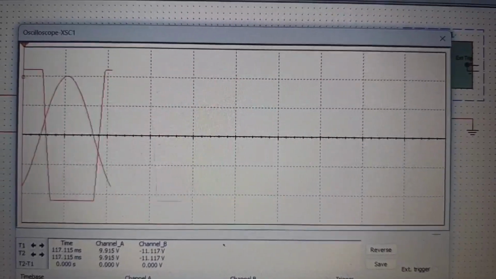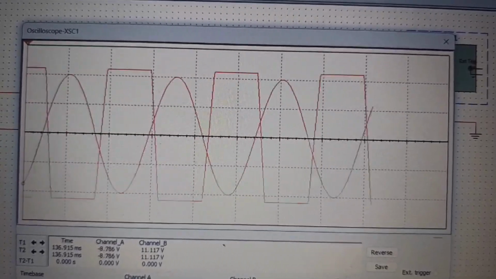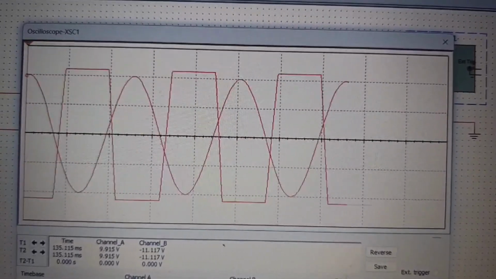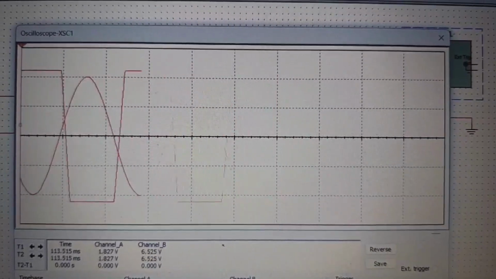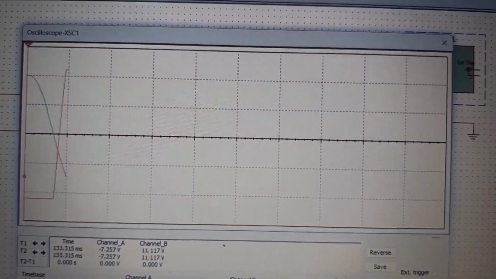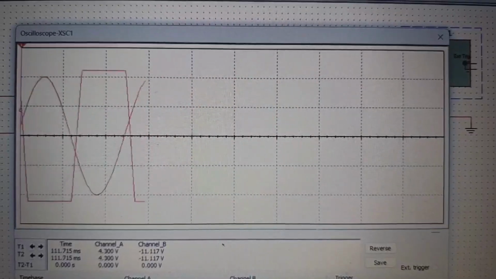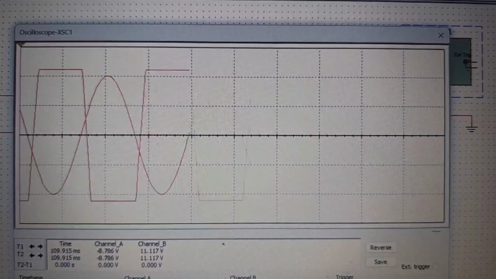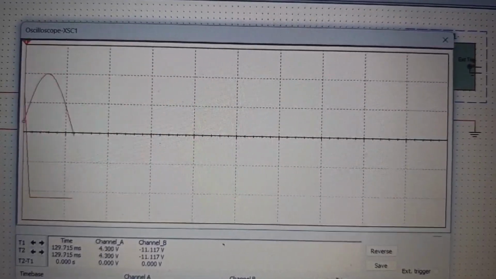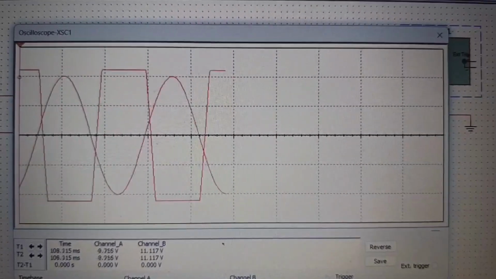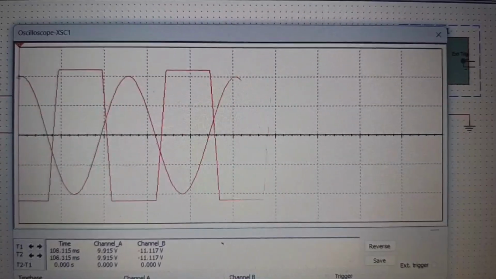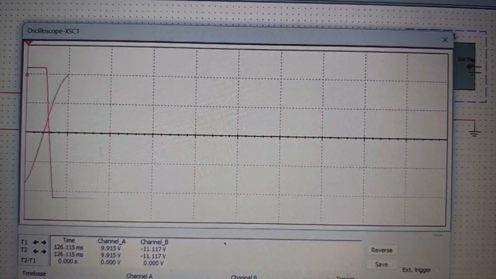Analysis of the waveform. The square wave output aligns with the zero crossing points of the sine wave, but it's slightly offset depending on the reference voltage set by the resistor divider. The width of the pulses in the square wave output depends on the frequency of the input sine wave. A higher frequency sine wave will create faster switching in the output, resulting in a square wave with shorter high and low pulses. So this simulation helps to visualize the comparator function.